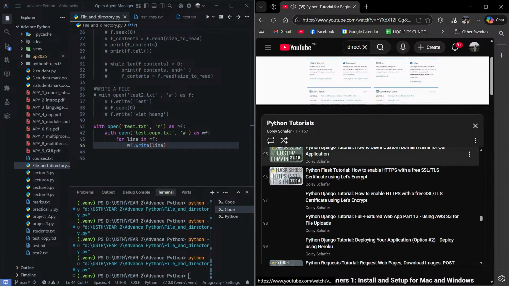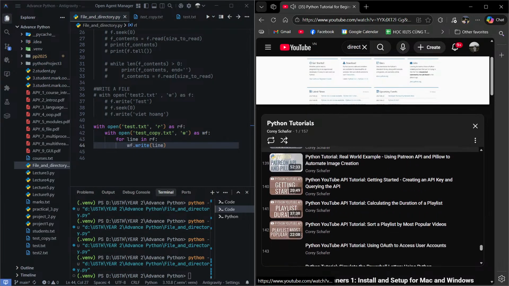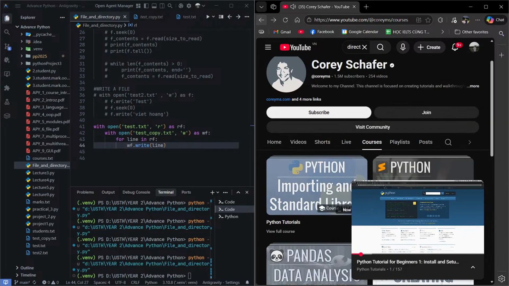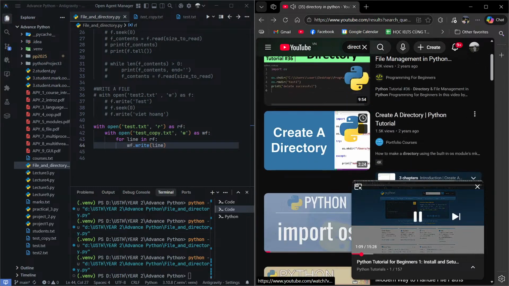So first we're going to learn how to install Python and set up our development environment. And we're going to look at how to do this on both Mac and Windows. And this is a pretty straightforward process. So first we'll look at how to do this on a Mac, but if you're on a Windows machine, then you can look in the description section below, and I'll put a link to the